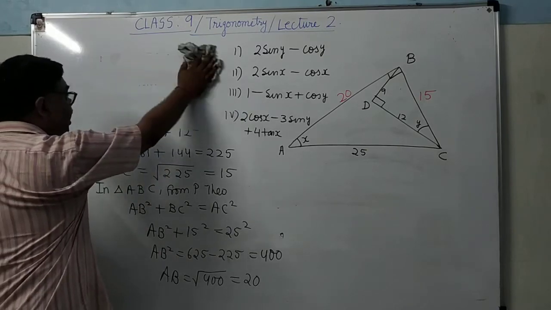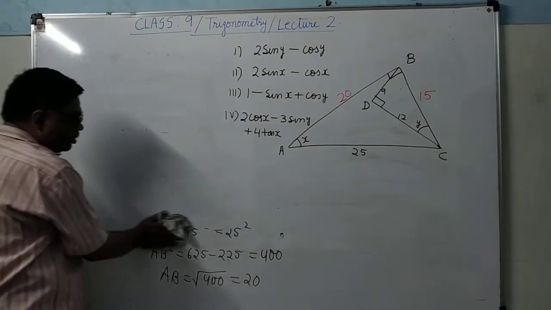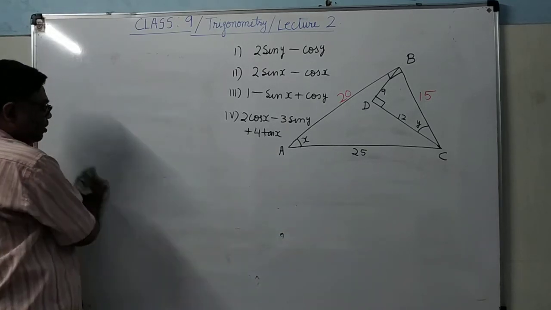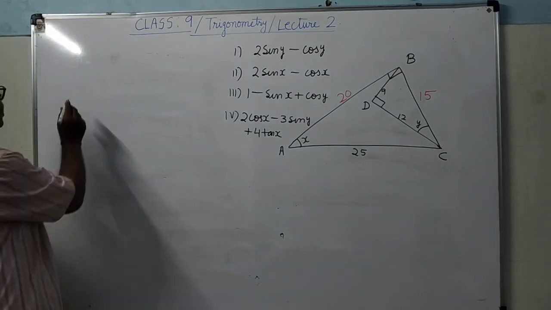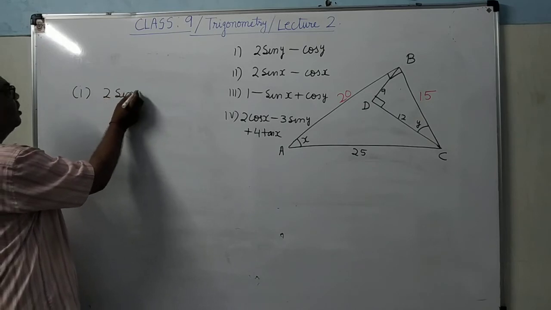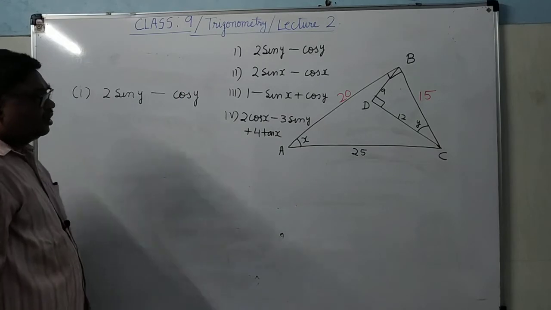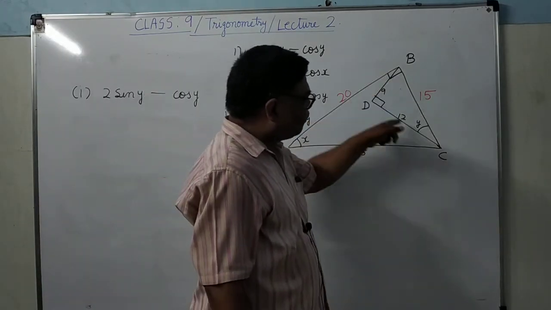And one more thing, after determining the value of each side, you write it in front of the side so that you can do it easily. So first part is 2 sin y minus cos y. It's clear? So sin y and cos y you will see from this triangle